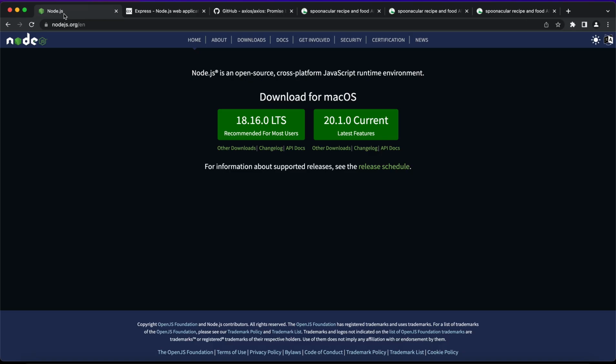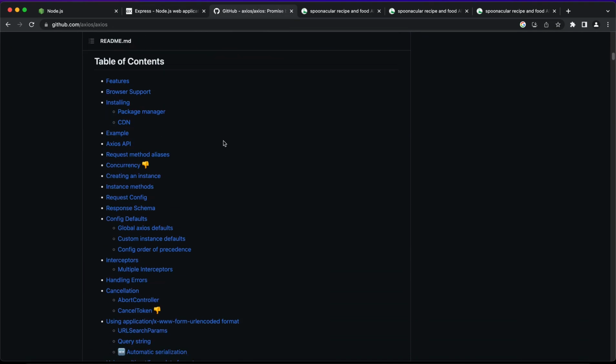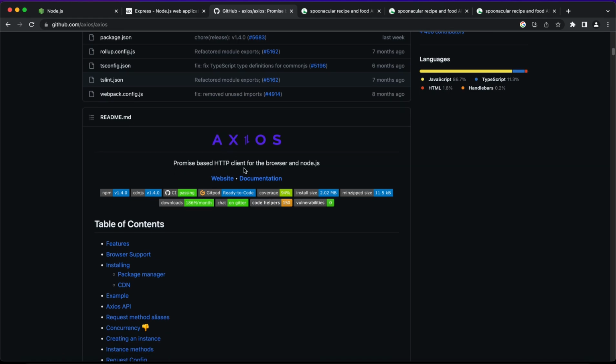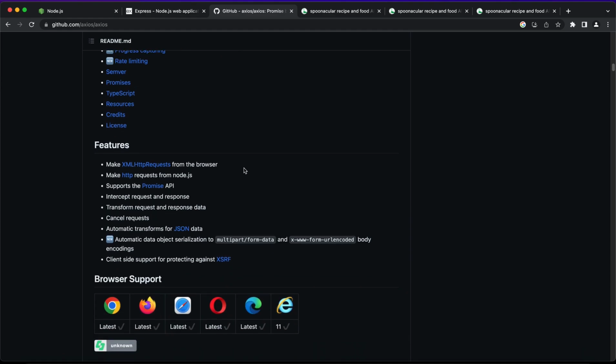First of all, we'll need Node.js. I hope you've got it installed. If not, I advise you to go to nodejs.org and download the long-term support version. It's that one. And of course, we need Express.js to handle our routes. It's for me the best framework for Node.js. It's not an advertisement or something like that, but I really like Express.js. Of course, we'll also need Axios to handle our promises for the responses that we'll get from our